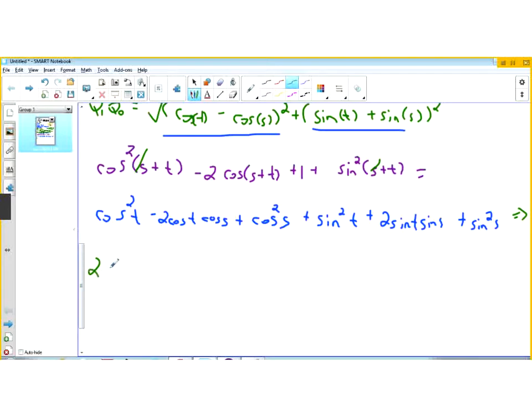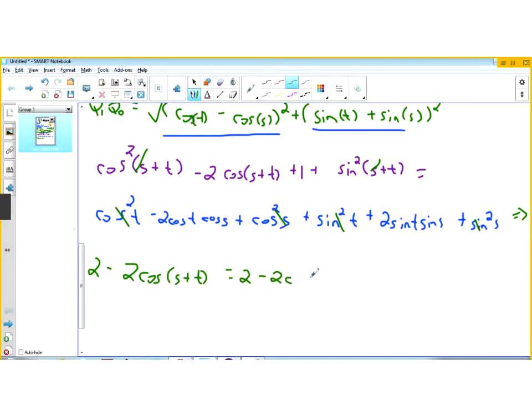So the left-hand side becomes 2 minus 2 cosine of s plus t, which is equal to, now these terms go to 1 and these terms go to 1, so 2